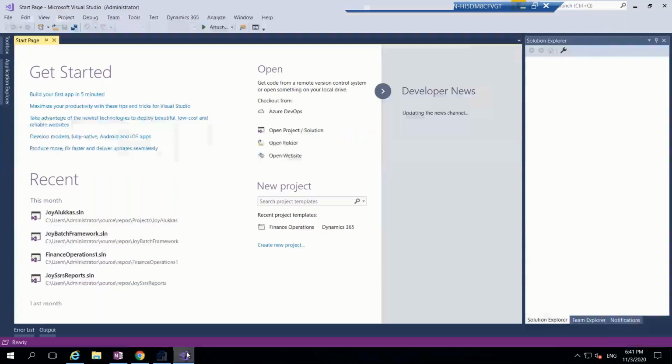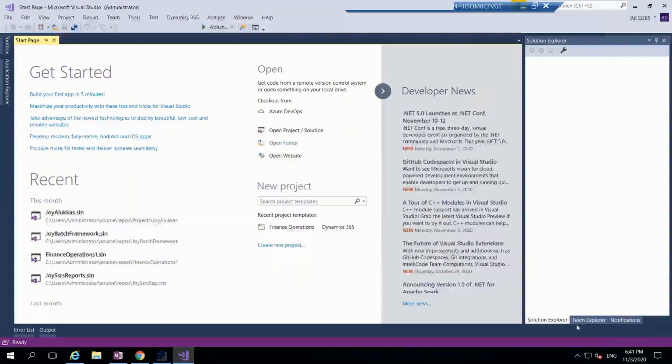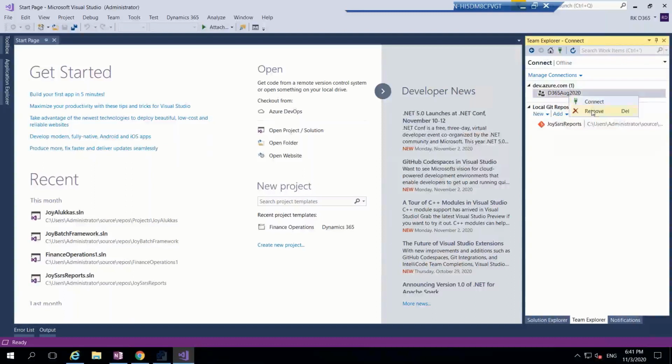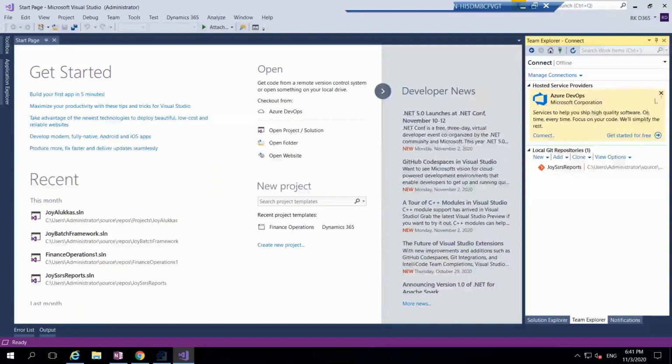Remember, whenever you are starting with the development, this is the preliminary step. You need to go to Team Explorer. I think we have already logged on, so I might have something here. What I can do is, oh, it says offline. Very bad. Okay, I will remove this project because that does not belong to us. Actually, if there is only one repository, it will allow you to remove. Now there is nothing. This is the screen that you will find for the first time when you connect to